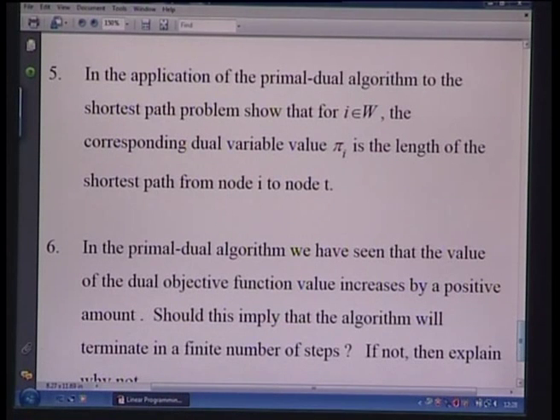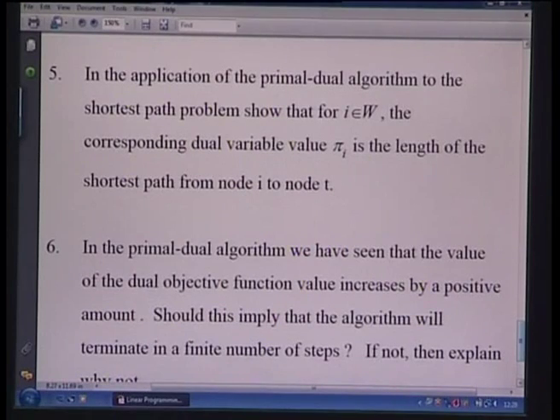In problem 5, I am saying that the application of the primal dual algorithm to the shortest path problem shows that for i belonging to W, remember I had defined the set W as the collection of nodes from which T is reachable, and the moment that happens you put the node index in the set W. So, the corresponding dual variable value pi i is the length of the shortest path from node i to node T. This you should be able to prove using the fact that why i got included in W,